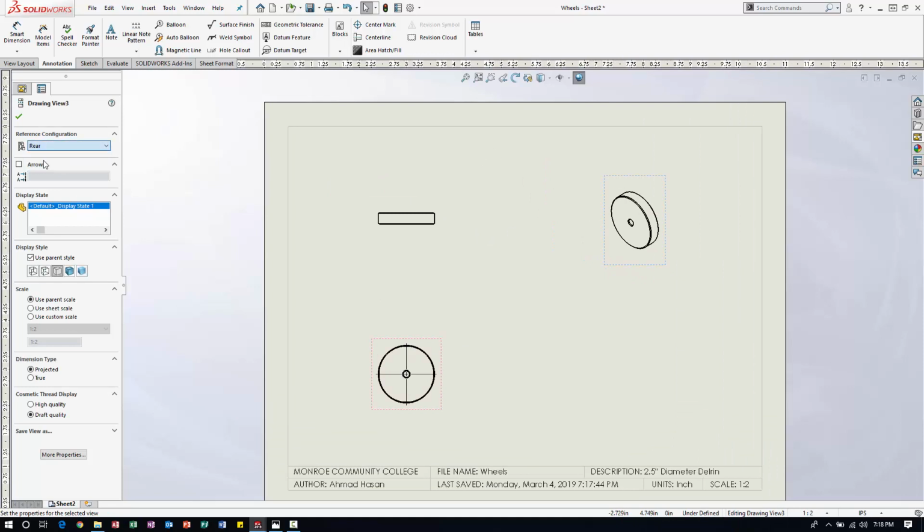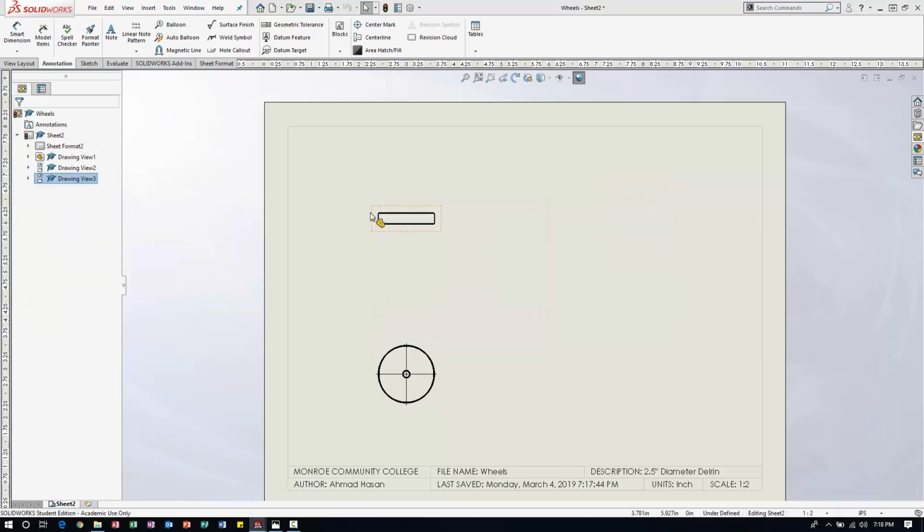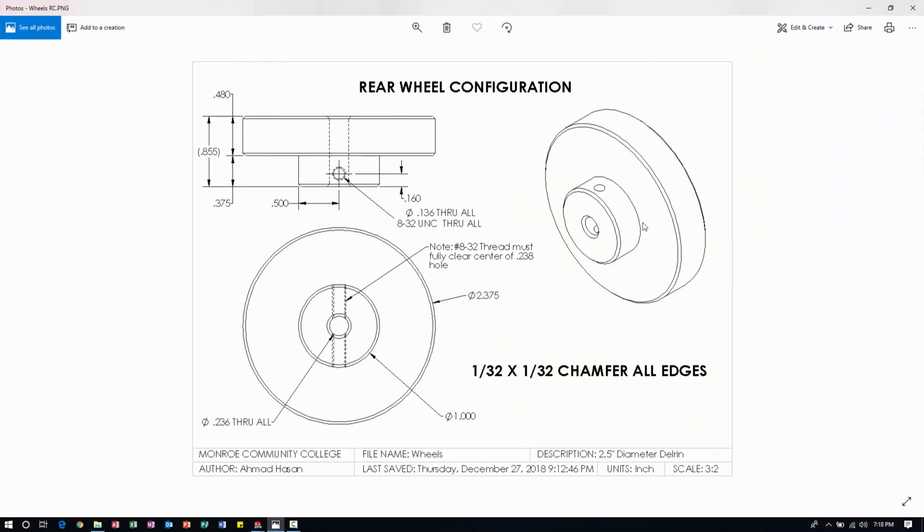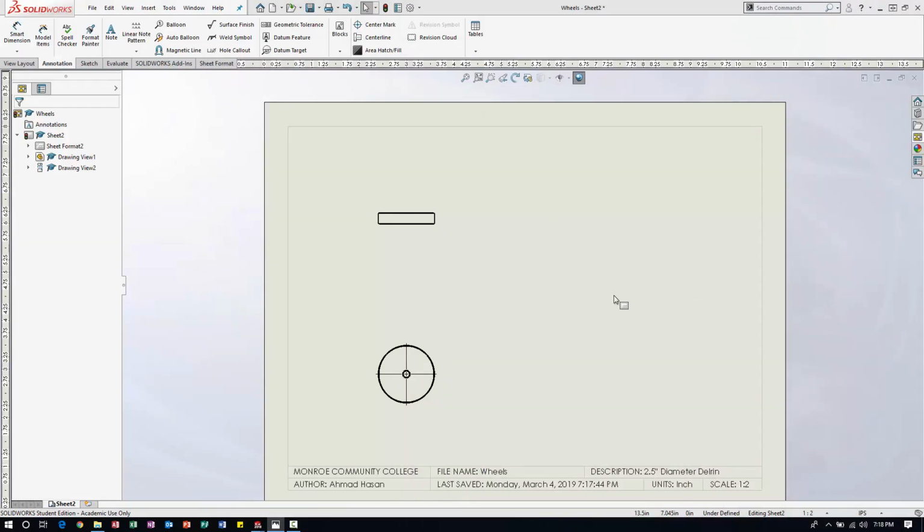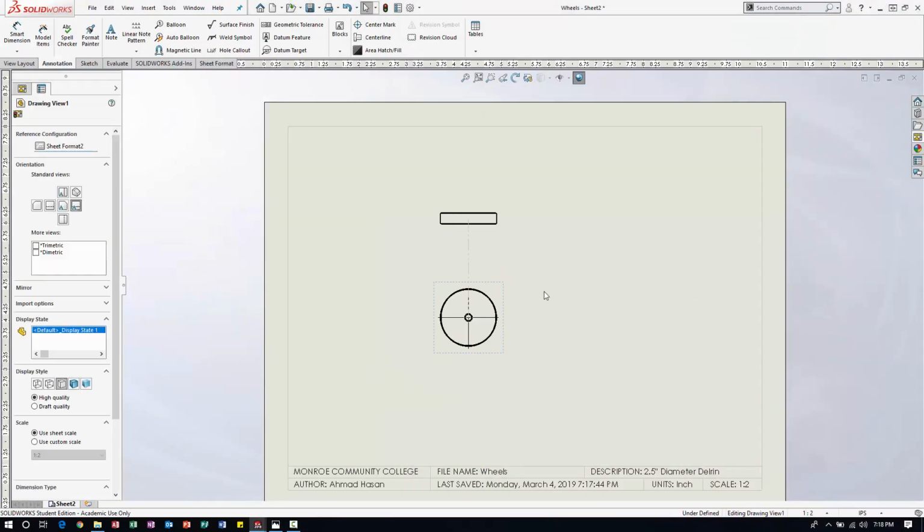I want to make sure that if I do the rear, so we have the wrong one here. Let me do that, because in this case I actually want to show the hub in this isometric view, so I'm just going to toggle a different